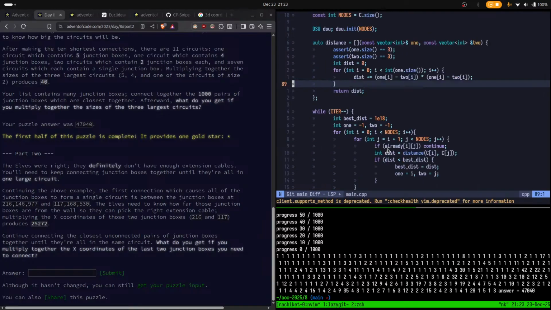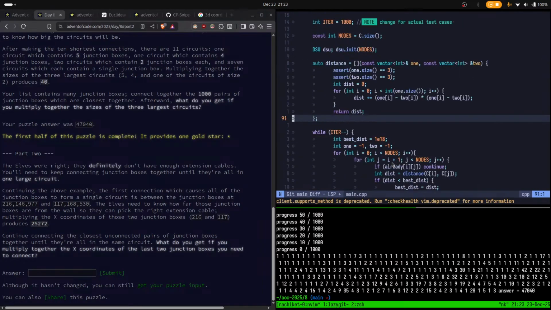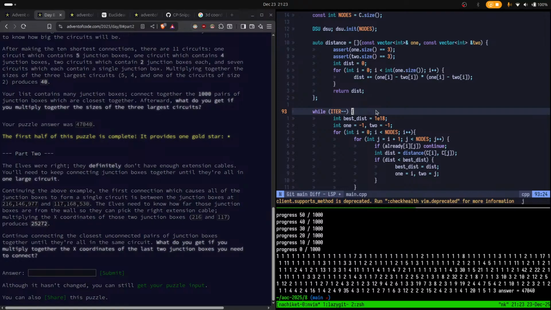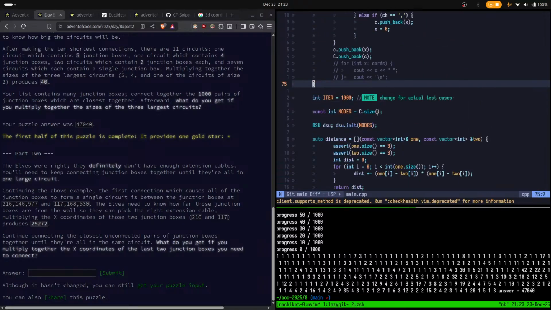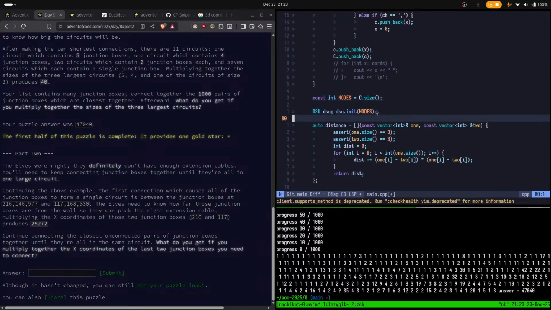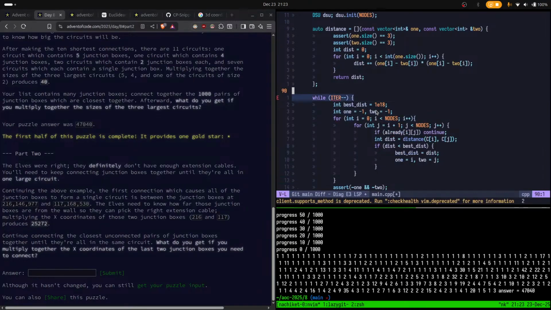Okay, so I have an abstract idea. I'll just go over the implementation for this. We don't need to perform any iterations, so let's remove this. This is required. This is not required, but this should be a